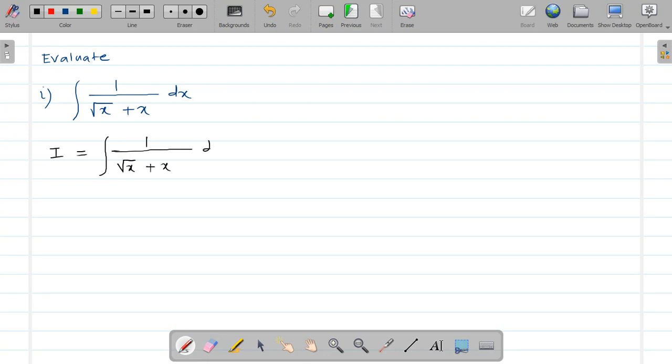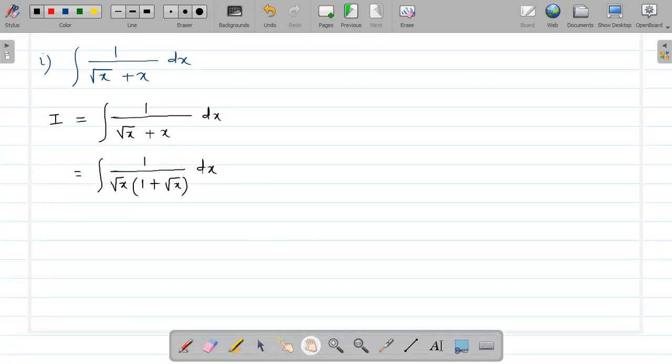So see here, first of all I will take the given integration, that is 1 upon root x plus x dx. Now if you observe this denominator, there is a term root x. So if I take root x common from the denominator, then in the bracket I will write 1 plus root x. Now this is a very useful adjustment to get the integration by substitution. Now what will be the substitution here? As per your knowledge, I put